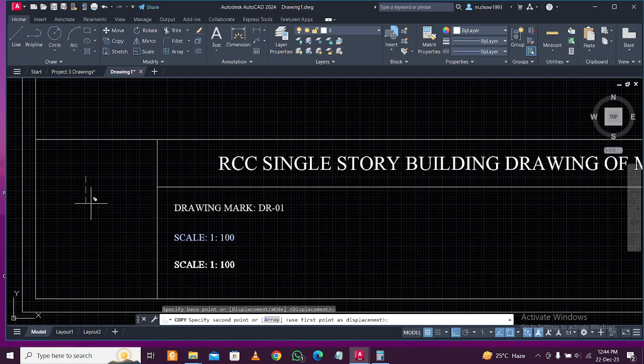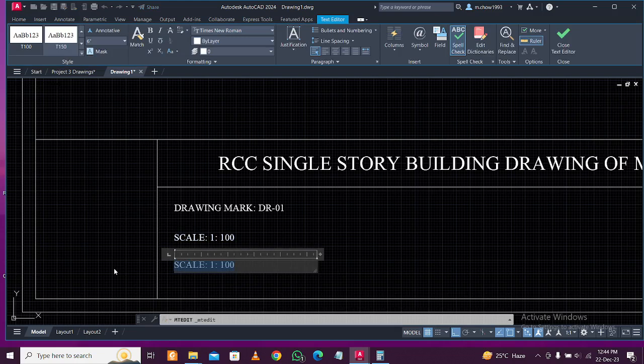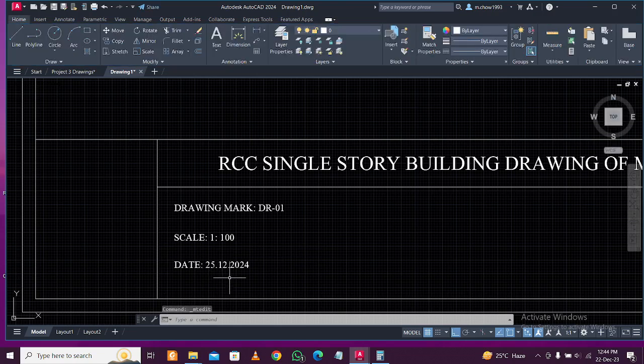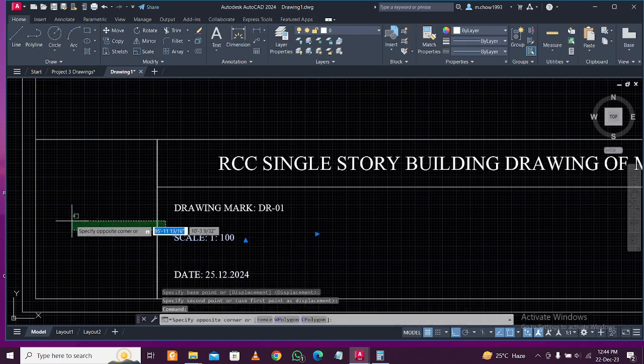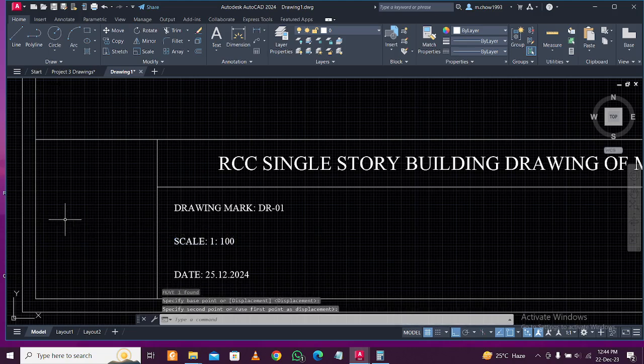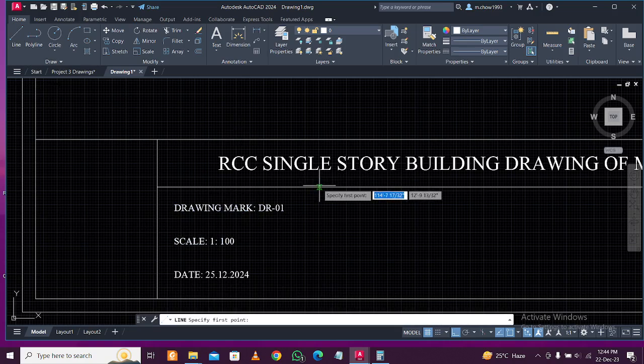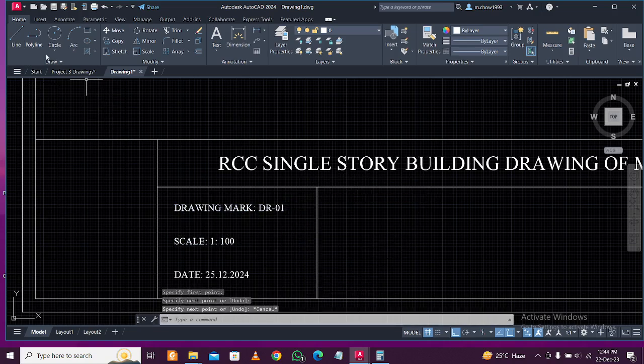And then we give here date, today's date is let's give 25/12/2024. Okay, you can give a preferred format here like this. I want to give this 3. Okay, just make this a little bit more even spacing, and drawing mark like this, and do this